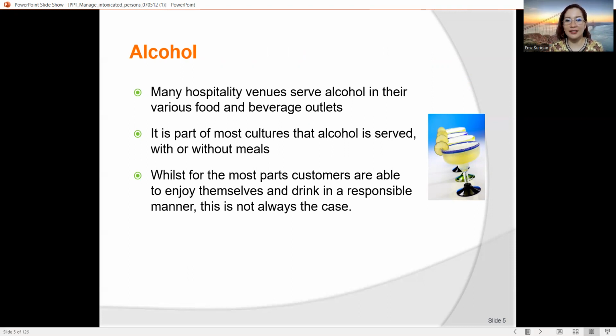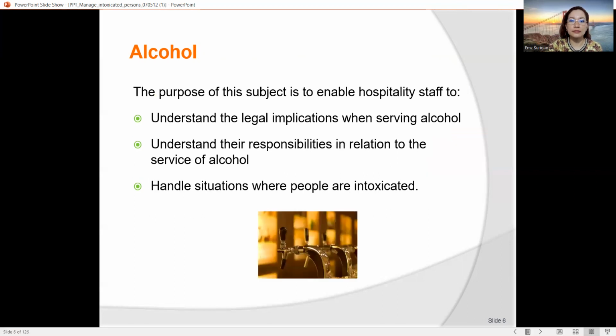Because if you're dealing with alcohol, once you drink once, you will drink more, especially when you're doing it with your friends. Even if you promise yourself that you will only drink one, it becomes two, three, four, until you are intoxicated. So alcohol has a lot of common problems. The effect of alcohol afterwards, when you have drunk more alcoholic beverages.